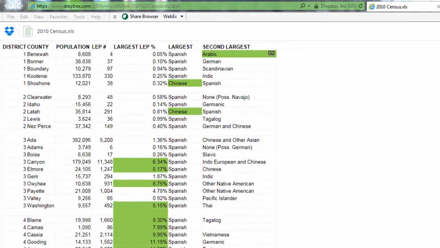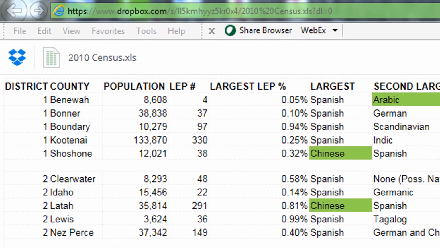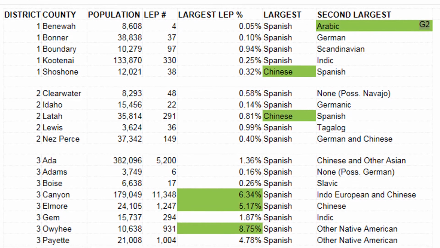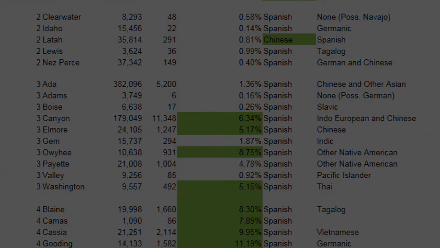You'll notice from the spreadsheet that LEP demographic information is broken down by county. County-level data is most commonly used. However, if LEP populations are smaller or larger in your community, you may consider adding additional data to your write-up. This will do a better job illustrating the true size of your LEP population, and it will help you determine what services are needed. If the size of your primary LEP group is larger than 5%, you'll need to translate all vital documents into the language of the largest LEP population. The 2014 ACS LEP spreadsheet highlights LEP groups larger than 5% in green. If you're unsure what a vital document is, you can search for the term vital documents on lep.gov.